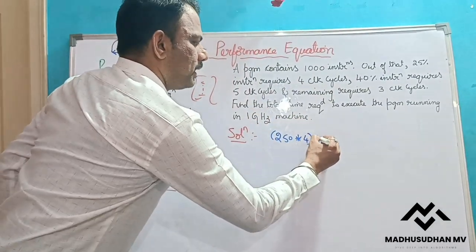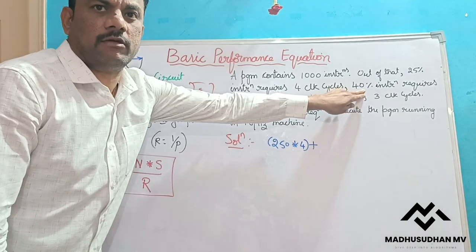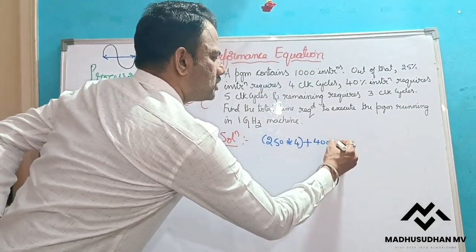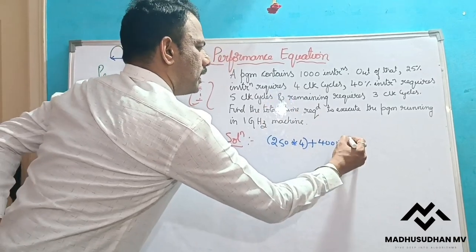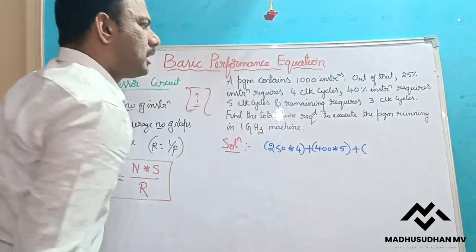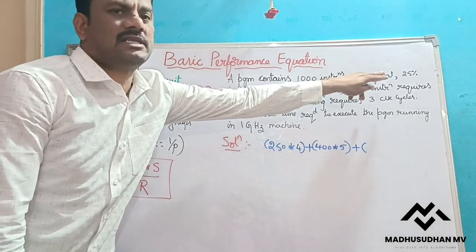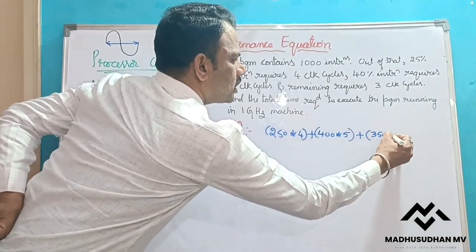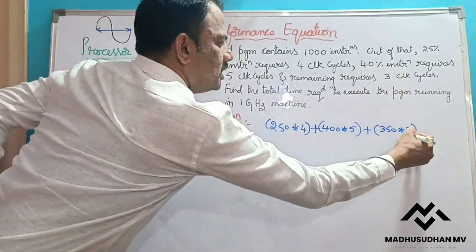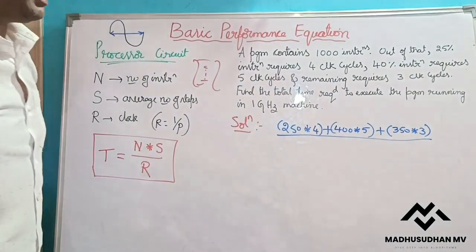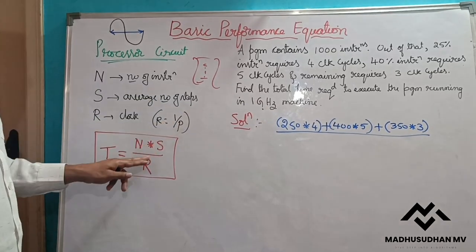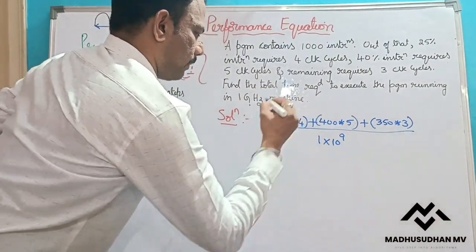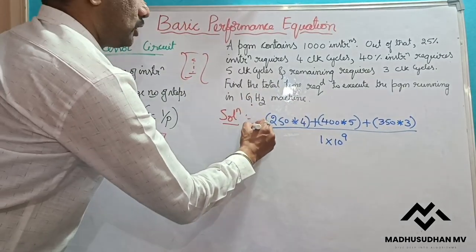Plus the next 40% of the instructions. 40% means 400 out of 1000. So 400 instructions take 5 clock cycles. Next, plus the remaining: 40% plus 25% is 65%, so the remaining is 35%. That means 350 instructions take 3 clock cycles. So this is the total N into S, divided by the clock rate R. R is 1 gigahertz, 1 into 10 to the power of 9. So now T is equal to